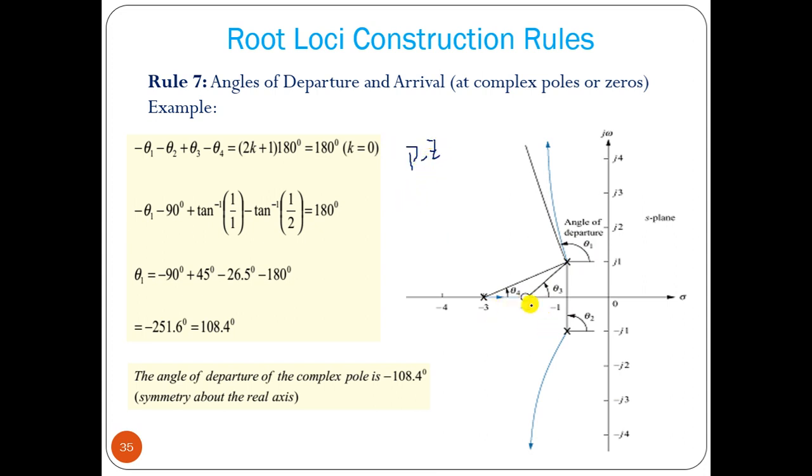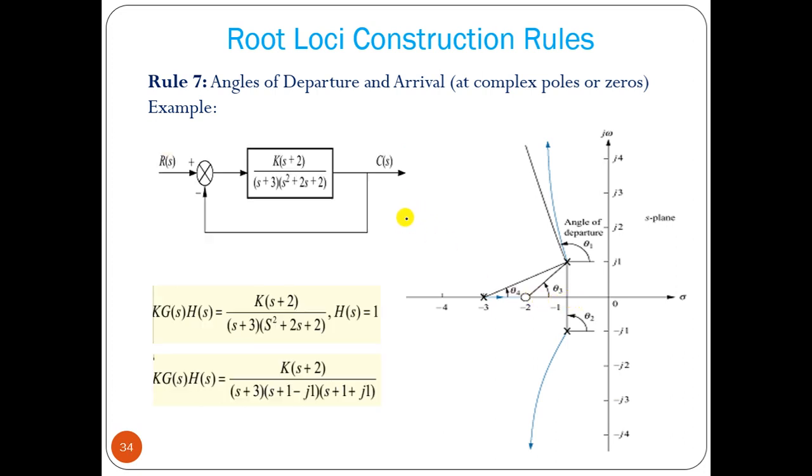Okay, now centroid value, how can you find it out? It will be minus 3 minus 1 minus 1 minus of minus 2, divided by the number of poles minus zeros, 2 3 minus 1 2. So that will be minus 3 minus 4 minus 5 minus 5 plus 2 minus 3, minus 1.5. So minus 1.5 is the centroid, and how many asymptotes are there? 2. 2 means 0 and 1 k value you have to put, so the angles must be 90 and 270 degrees.